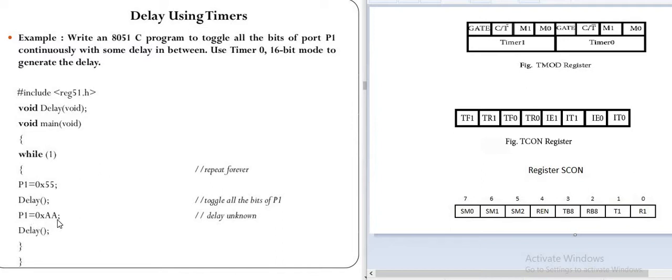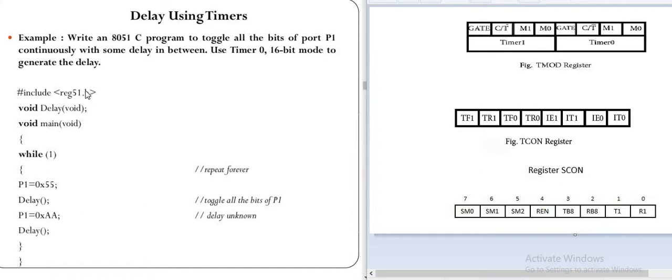That means we send the next data over here, and then again add the delay. When we send this pattern of data, port 1's LEDs will blink. Here the curly bracket of the while loop is closed.